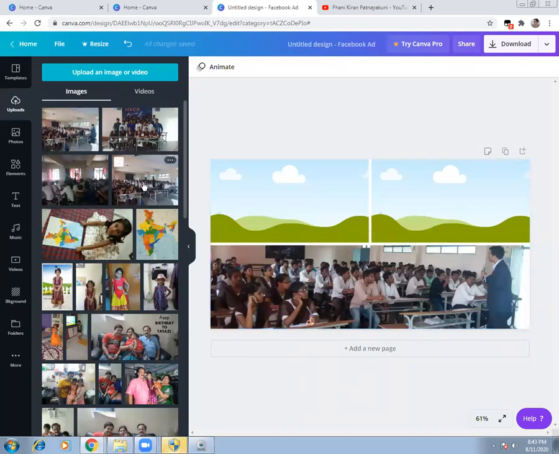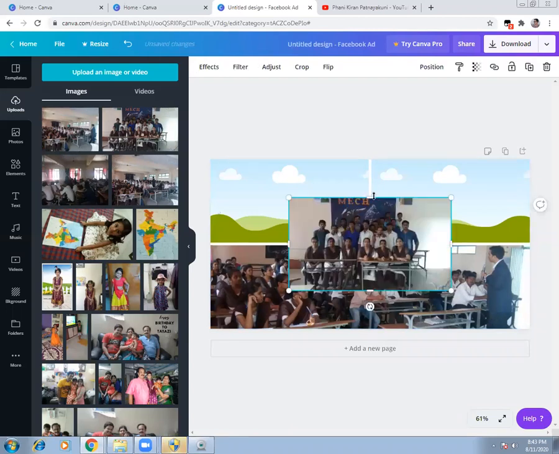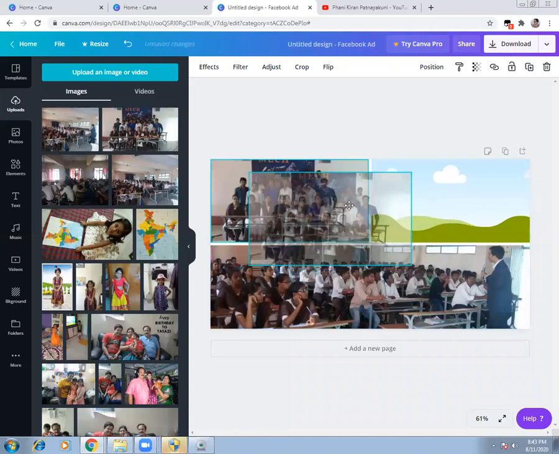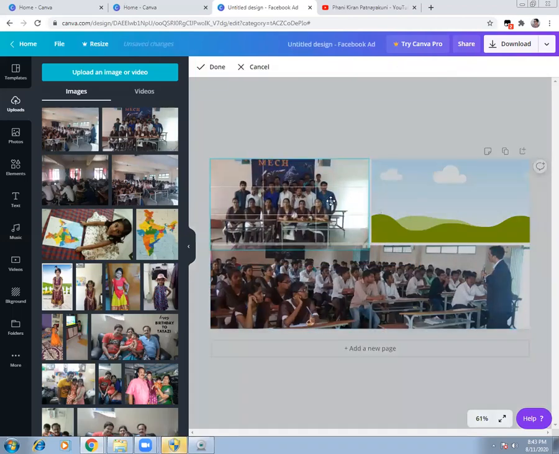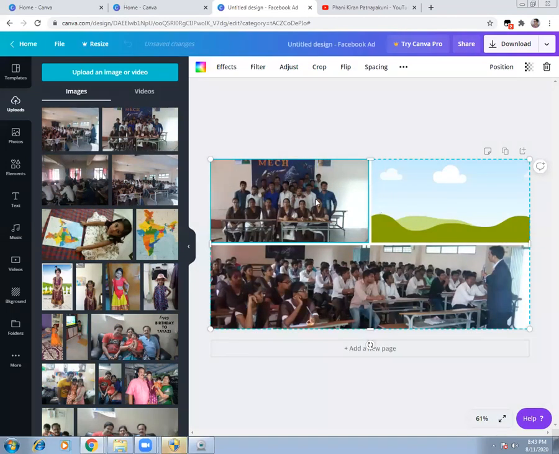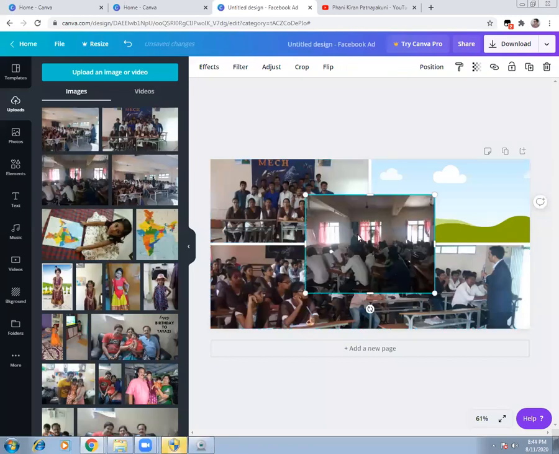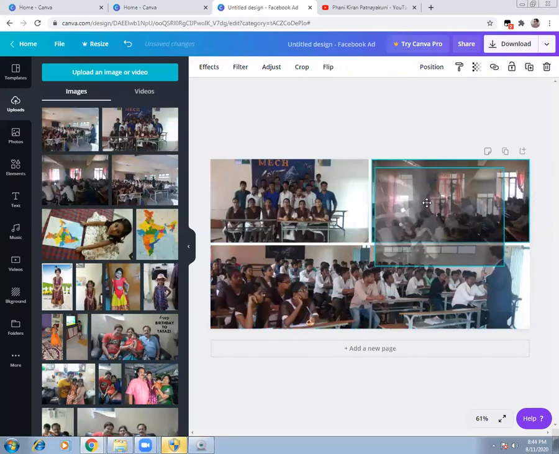Similarly, if you want to put something else, you can select another pic and put it on top, and then you just click on it and drag it in such a way that only the people are clearly visible. So whenever you're doing it for different colleges or something, this is an amazing tool. And probably you can take one more and just drag it.